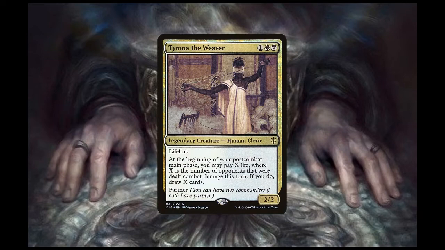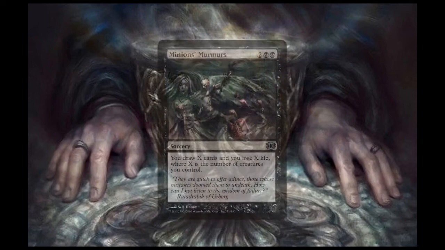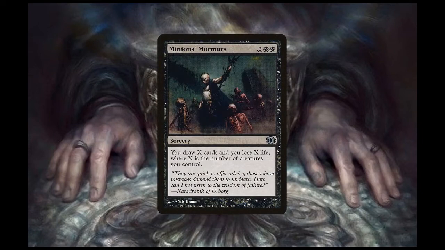welcome in the deck. Minions Murmurs can also draw us a ridiculous amount of cards for the same 1 life per card ratio. However, we don't control how much life we pay, we lose life per creature we control. If we control more creatures than our life total, we shouldn't cast it because then we die. That being said, this card is crazy good if we have a healthy board state as well as a healthy